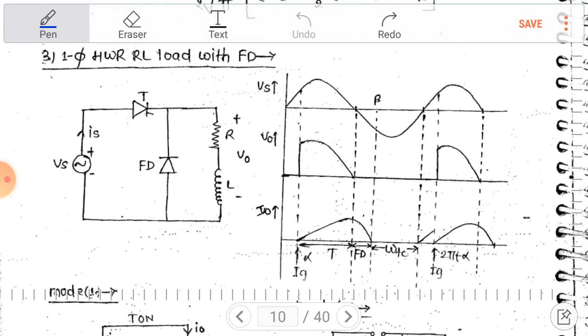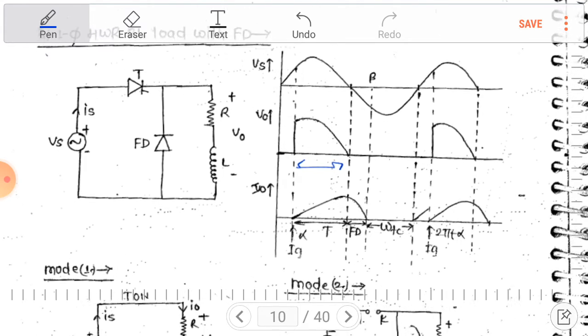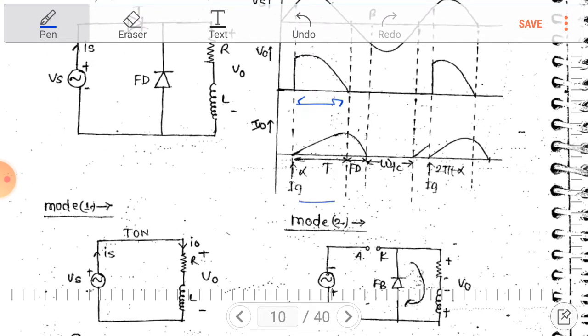This is the freewheeling diode technique. In the period alpha to pi, V output is obtained as in a single phase resistive load. So the average voltage equals Vm by 2 pi times 1 plus cos alpha. For the current waveform from alpha to pi, the thyristor will be turned on, the thyristor will turn off at pi, and the freewheeling diode will turn on. This is the circuit turn off time.